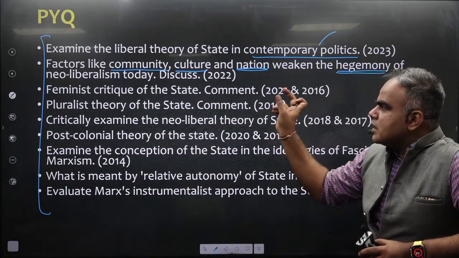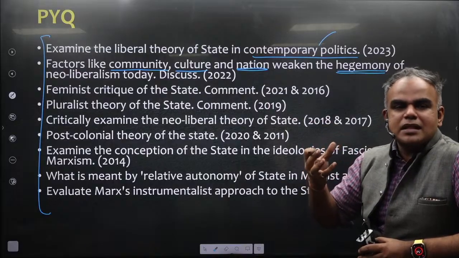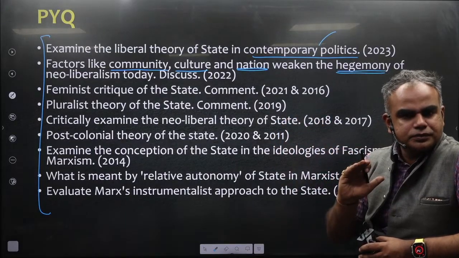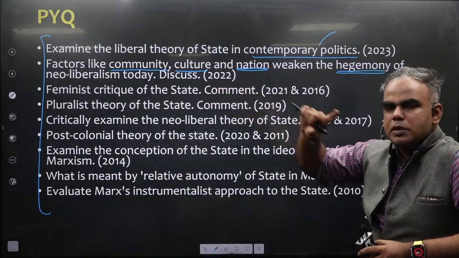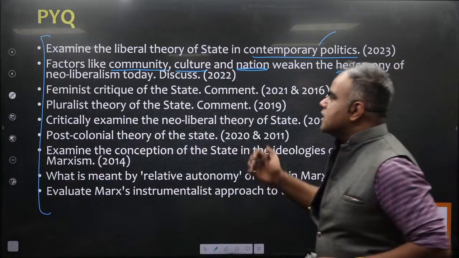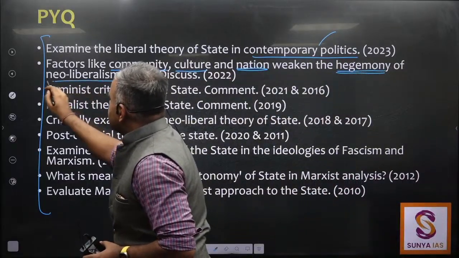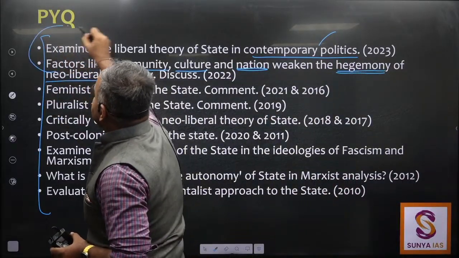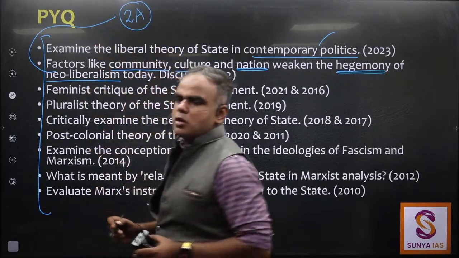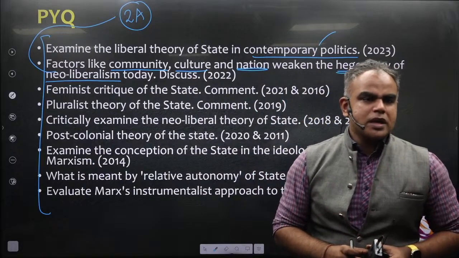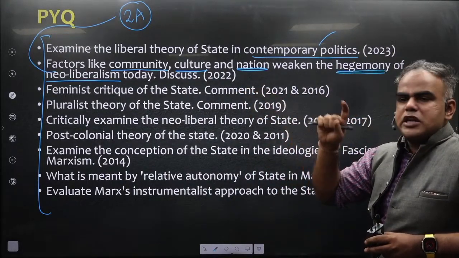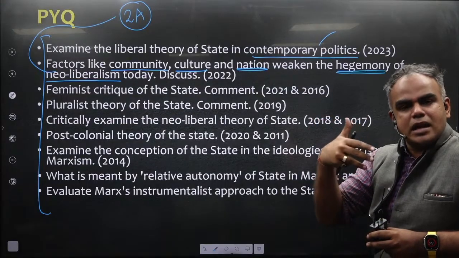Also, we'll see the rise of populism and authoritarian tendencies around the world and democratic backsliding, all of which also happen to be one of the weaknesses of neoliberalism. Okay, so this again is facing challenges. In fact, the same topic is also covered in paper 2A, where we talk about globalization. Okay, and there also we'll see the other challenges being faced by neoliberalism and what can be done about it.